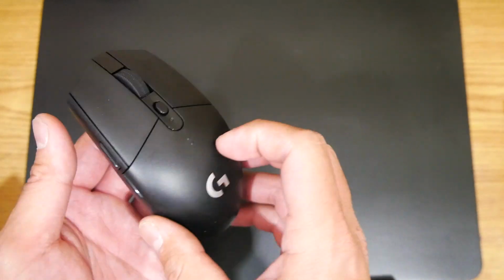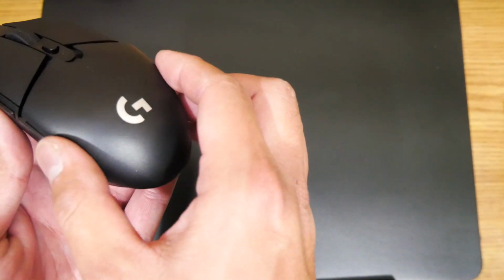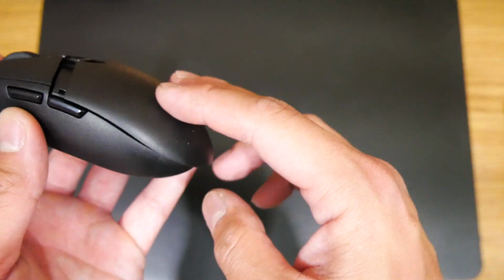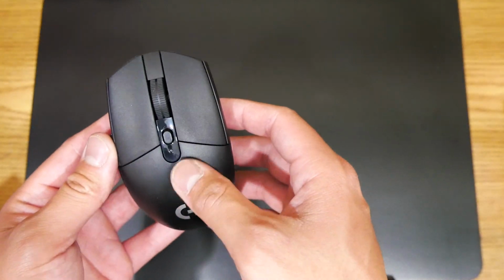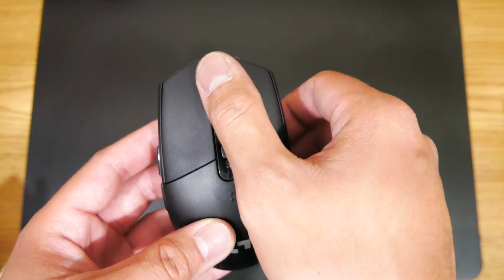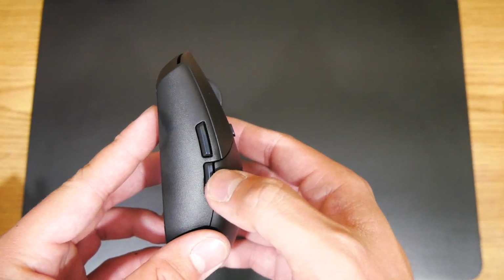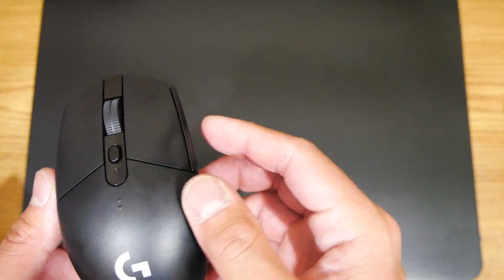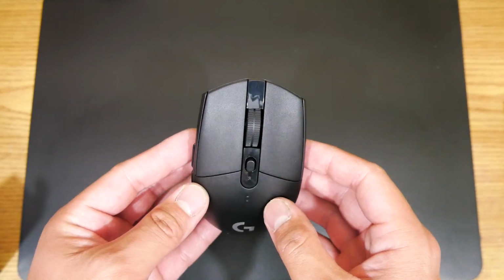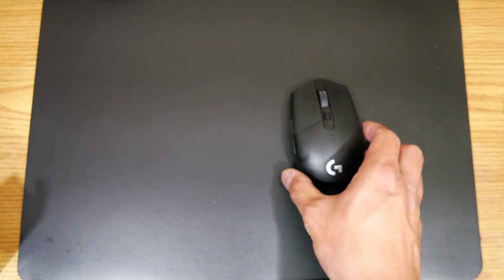Alright, as you can tell, this one's a lot smaller. This one does not have the magnetic cover, so all you gotta do is pull it out. That's it, and slide it back in to close it. And just like the G603, you have the right click and the left click. You have the scroll and the button to change your DPI, and the forward and back buttons right here on the side. Just want to let you know that this one actually does feel cheap. I know you guys can't really tell. It does look a lot more premium because it's a lot darker, but it does feel a lot cheaper than the Logitech G603. So let's go ahead and put this one aside,